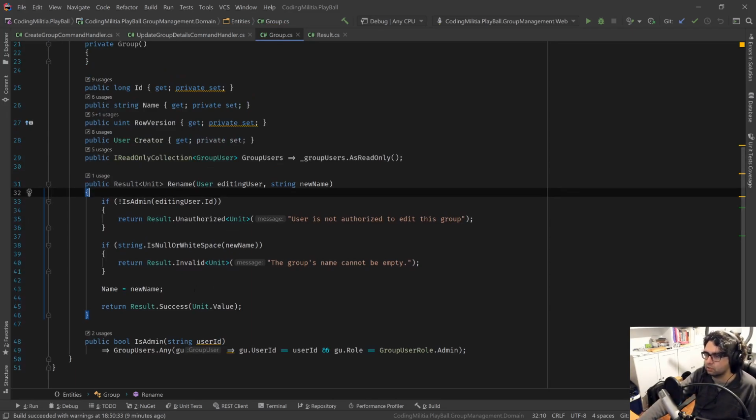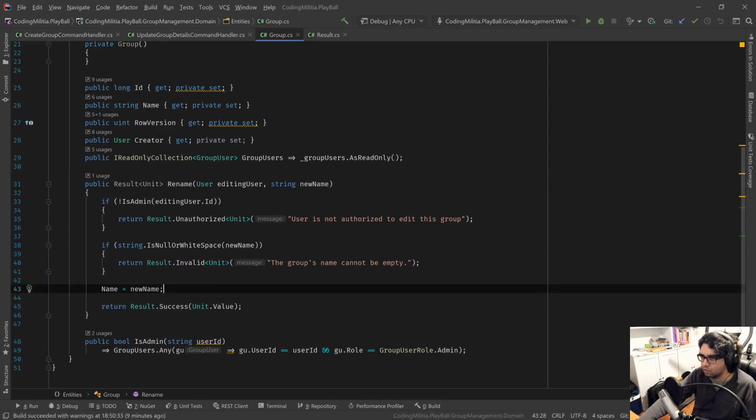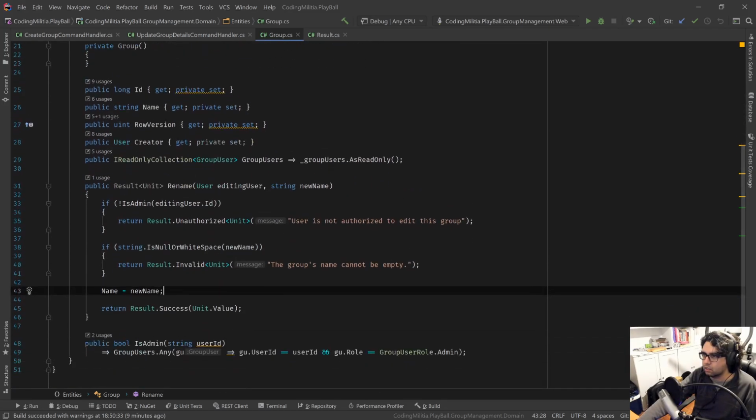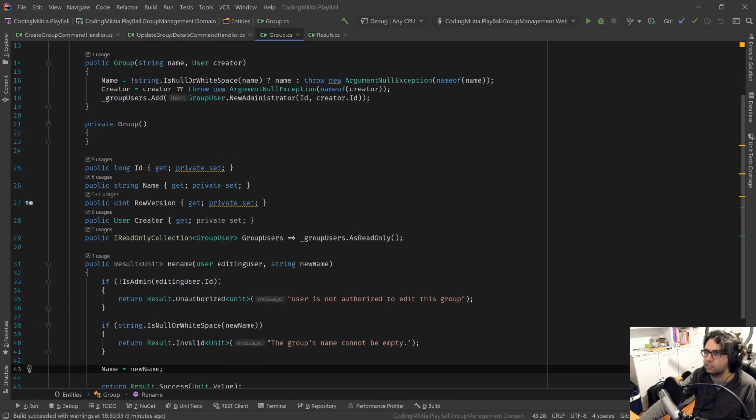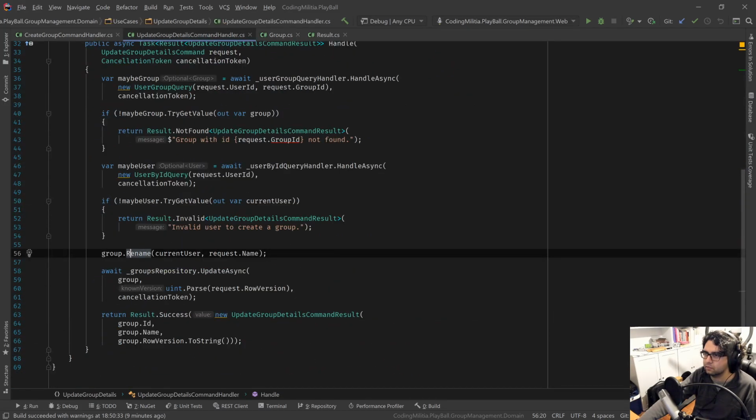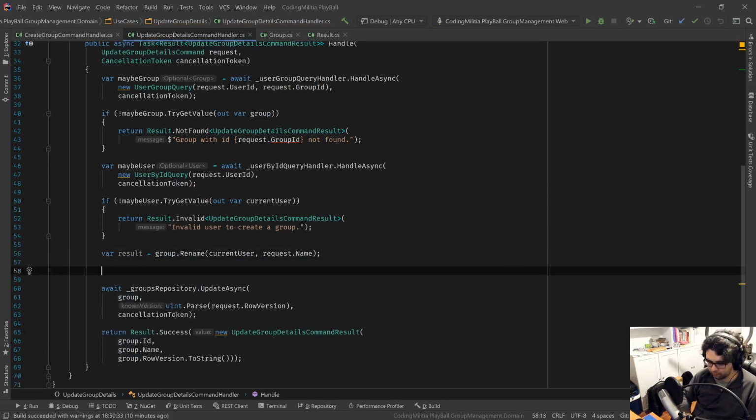So if the user rename fails because, if the group rename doesn't work, it's unauthorized. If the name is invalid, so invalid, otherwise new name and result success. And now we need to use this. And the easy way would be just to, if result